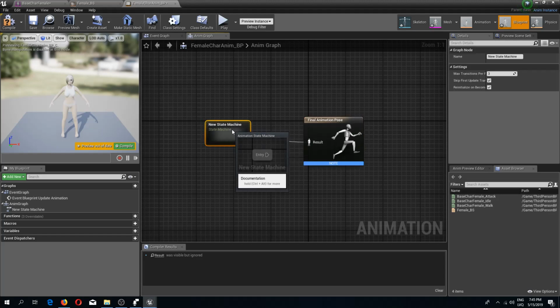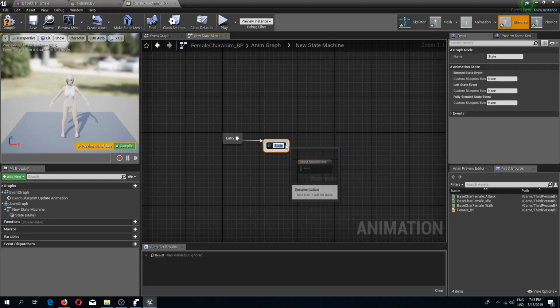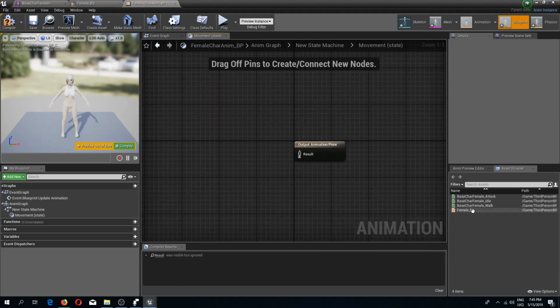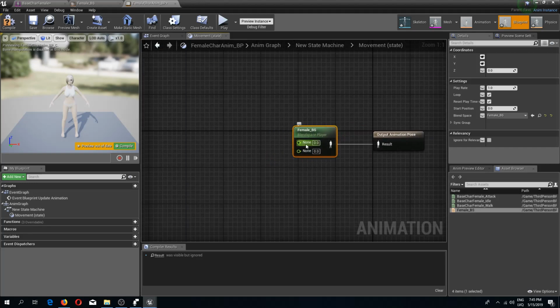And for now this is going to be super simple. All I'm gonna do here is add a state which I'm gonna call movement. I'm gonna double click this, and I'm going to drag in my female blend space like so. Connect these, and if you have the